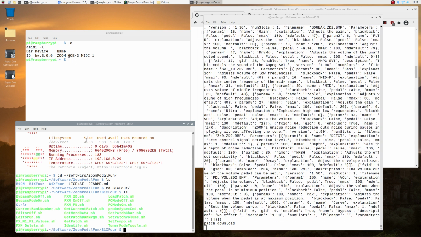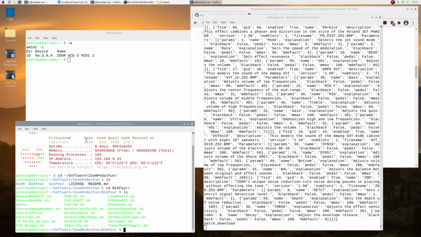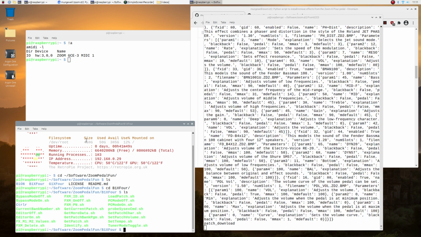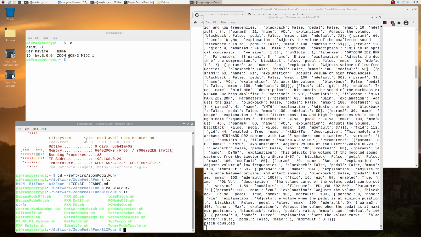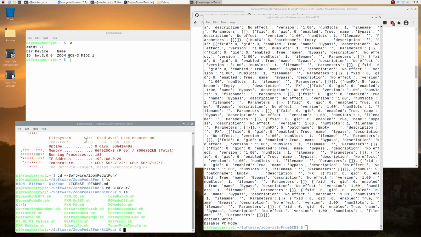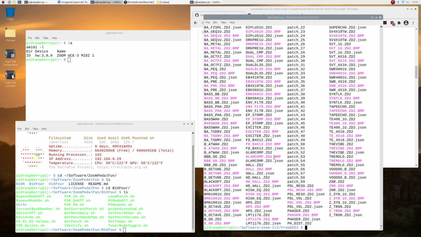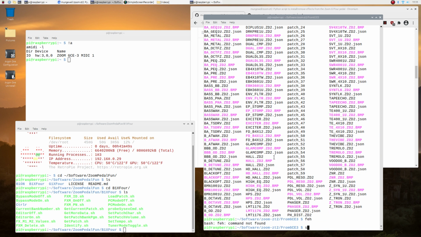So what I've done is I've used his program to get the file list, and that gets us the names of the ZD2s, which are the effect programs, and it also gets us the names of the file group ID. So it's finished, yeah. Disable PC mode. Now, what have we got in this wonderful directory? Wow. So have I got Fay? Is that on there? Oh, okay. Sudo apt install.